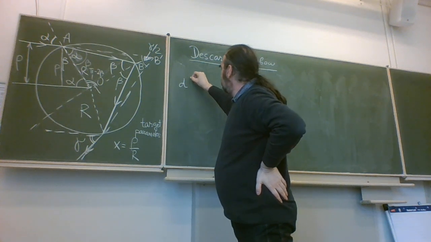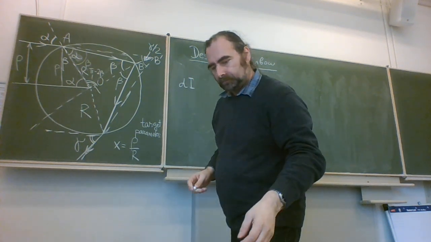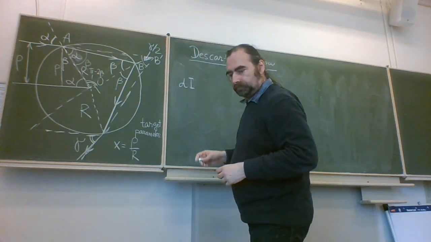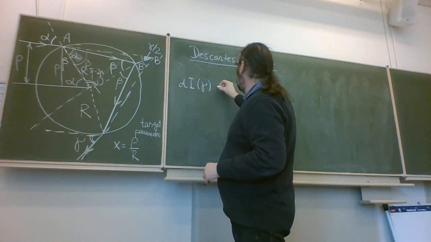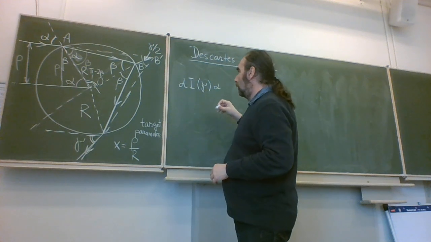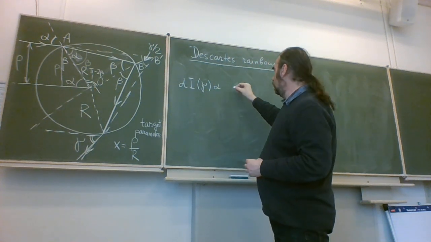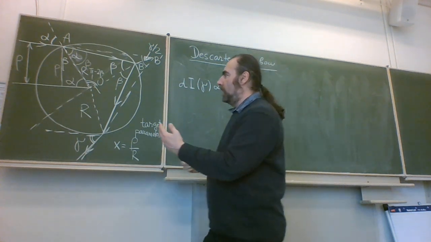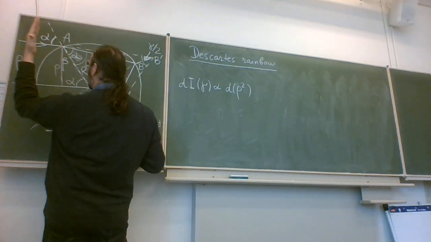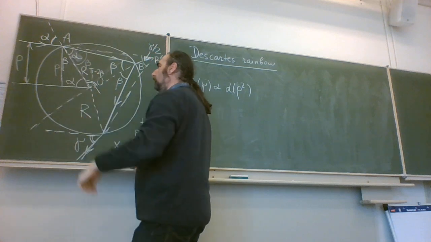So if you want to estimate the intensity, it should be proportional to d of rho squared, because now we are talking about two dimensions. We have 2 degrees of freedom